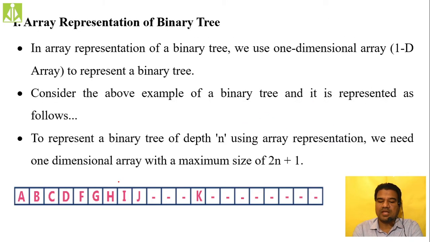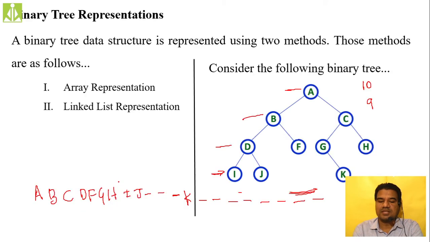Okay, then after that 3, 3, 6 to 8. Like that, we got all hyphens after K also. So in this way, we represent a tree data structure using an array. In this way, we represent it, but not every tree data structure is possible to represent. We discussed another strategy to represent the tree data structure, isn't it?